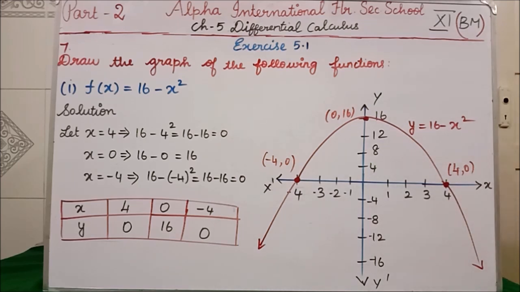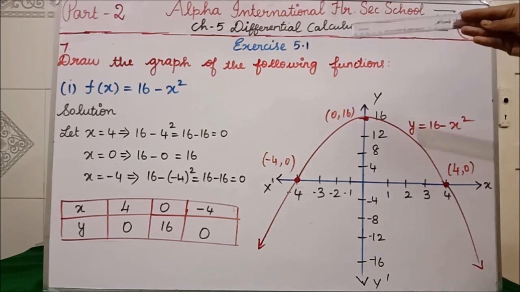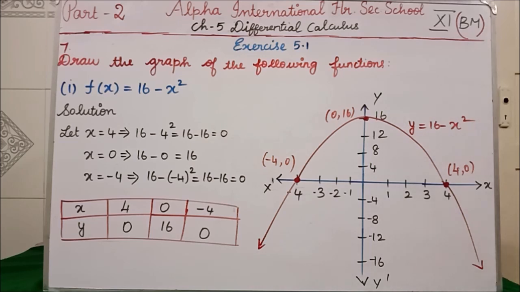Next, a very important thing I forgot to tell you. Students, after drawing this line, you have to write for which equation you have drawn this parabola. If the question has an equation, you have to write it in this. Usually you do this in 10th standard also. Isn't it the same you are also going to do? Okay, in the 7th question, the second subdivision we will see now.